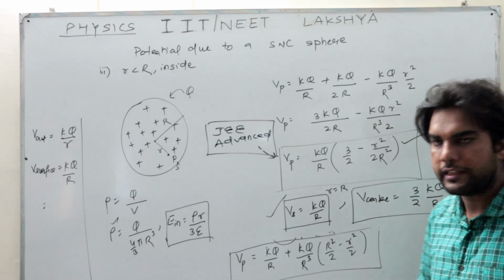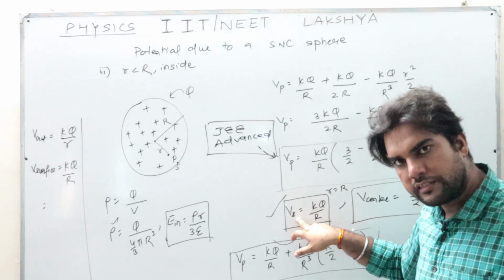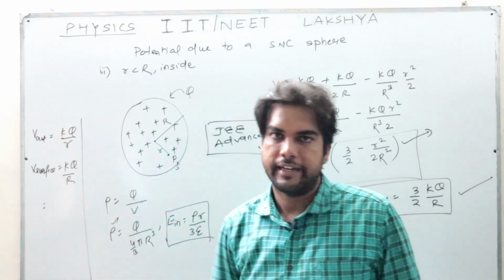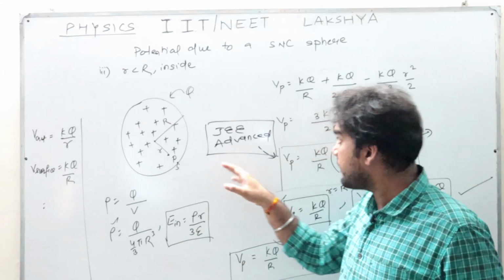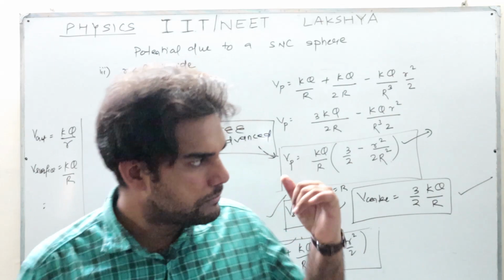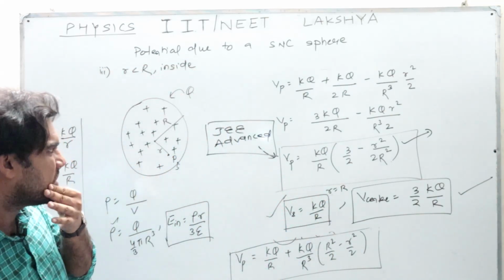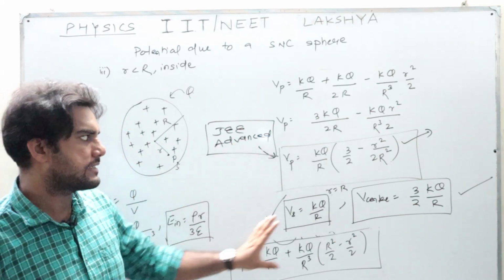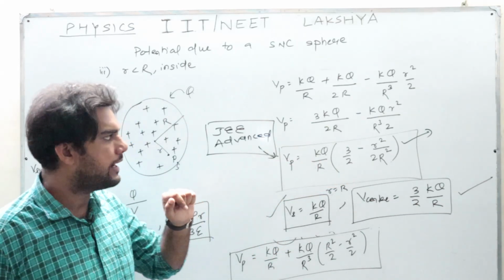So I have shown you everything. I have shown you the potential inside, potential on the surface, potential at the center, potential outside. We have already derived these. So these are all the results shown to you, and you must remember them. You must remember these concepts, how I am deriving them, and based on that, these themselves may be asked directly as problems. I hope it is clear to you, and what I will do is give a graph for this, exactly how the graph will be between potential and the distance small r.